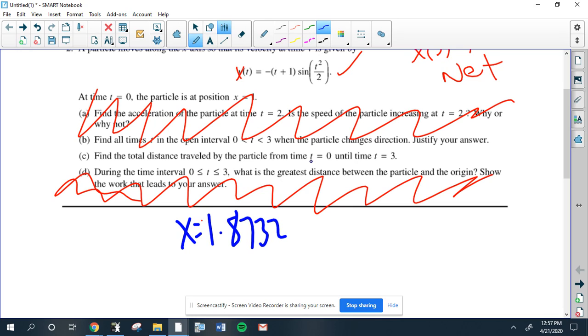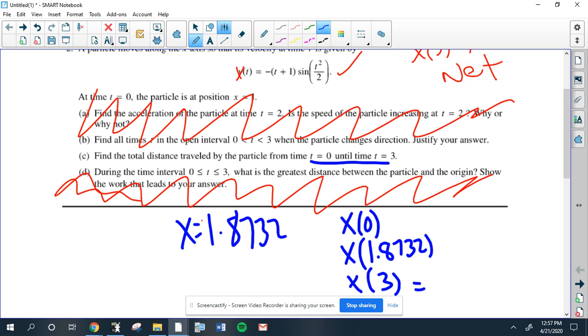So to calculate the total distance, you need to figure out, first of all, where you were when it started, which was the position at 0, where you were at the first change in direction, and finally where you were at the end, and you add all of those net distances together. So going back to the calculator,